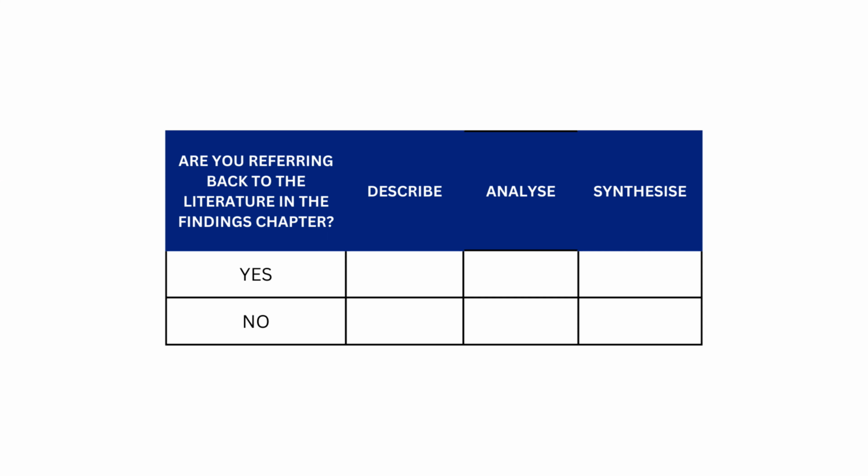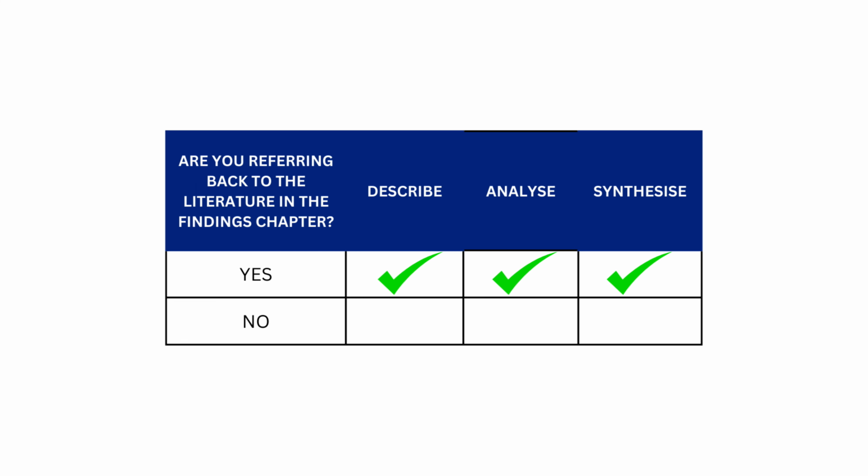Okay, so if you need to refer back to the literature, you will describe, analyse and synthesise in your findings chapter. That is because you're outlining what you found and you are critically considering that in light of the existing literature. If you need to keep your findings completely separate from the literature, if you are merely presenting your